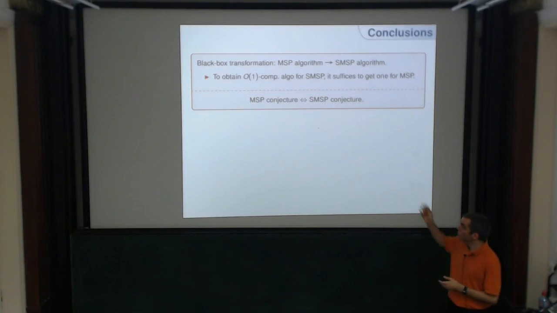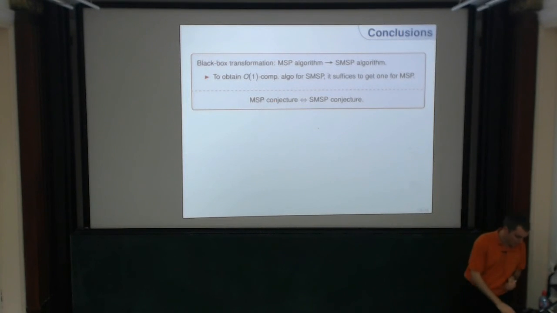One important point is, of course, that the matroid secretary problem conjecture is still open. I think it's the big question in the field of the matroid secretary problem. And now we know it's the same conjecture as the equivalent version of it for the submodular case. I strongly believe that this conjecture holds, but it's still open. Okay, many thanks.